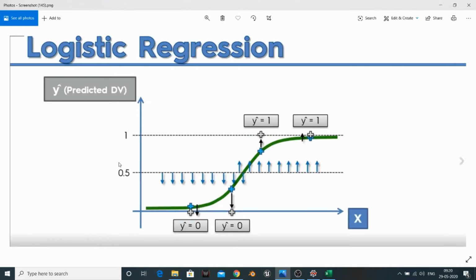As you can see in this image, we have y prediction and the x variable, and we have a threshold of around 0.5. All the data points below the 0.5 value make the prediction y hat equal to 0, and all the values above this threshold are treated as y hat equal to 1. So that's the intuition behind logistic regression. Let's see it in our code.